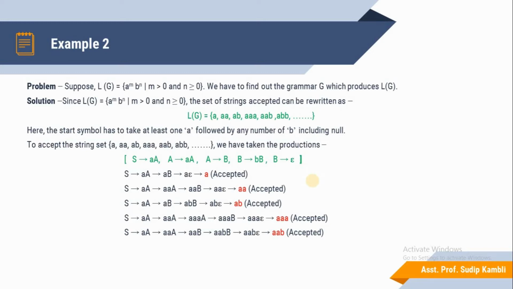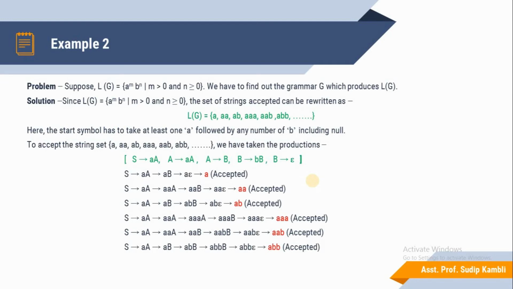Then B derives the terminal b and the non-terminal B, creating a new production set, aabB, with terminal symbols and the non-terminal symbol B attached. B is replaced by epsilon, so aab is attached with epsilon. So double a b is an accepted string using the production rules.